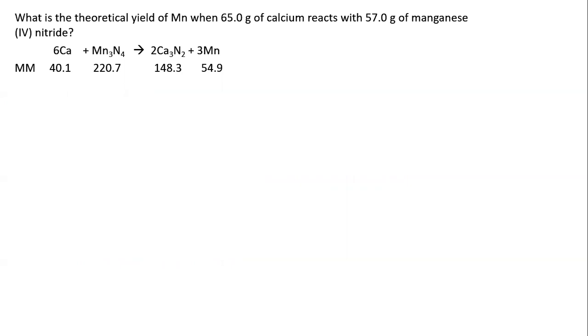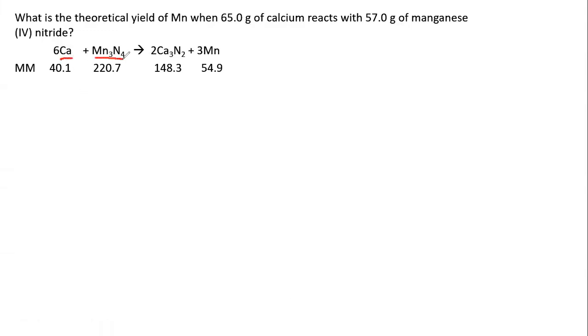So in this example, we want to know the theoretical yield of manganese when 65 grams of calcium reacts with 57 grams of manganese 4 nitride. It gives us the balanced chemical equation, and it also gives us the molar masses of our reactants and products. So again, what we're going to do is take the mass of calcium